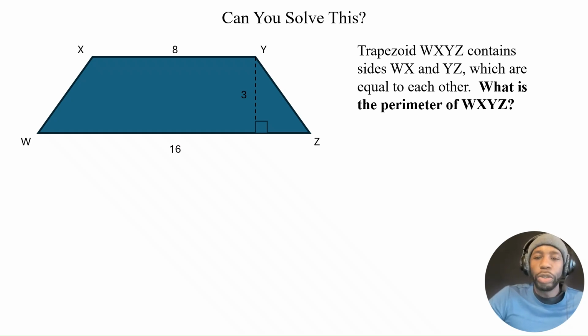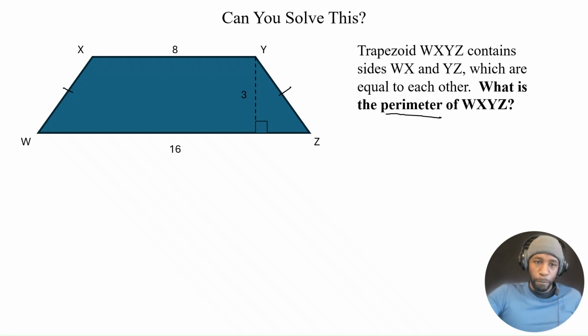Sean of Math Swap Tutoring here with another math challenge that is as follows. Trapezoid WXYZ contains sides WX and YZ, which are equal to each other. I'm going to go ahead and put some of those lines there. What is the perimeter of WXYZ? What is the perimeter? So I underline that because I want us to be always reminded of what we're actually